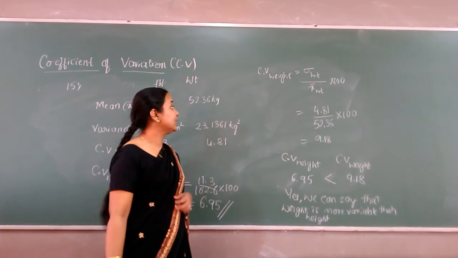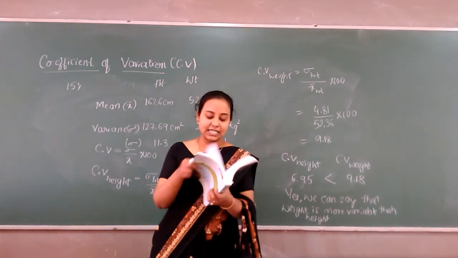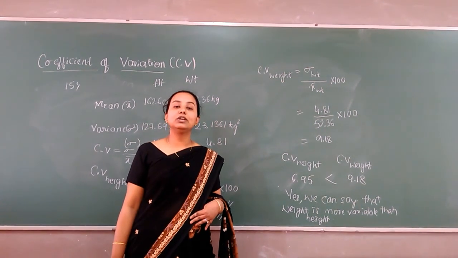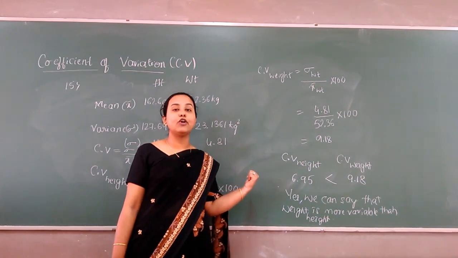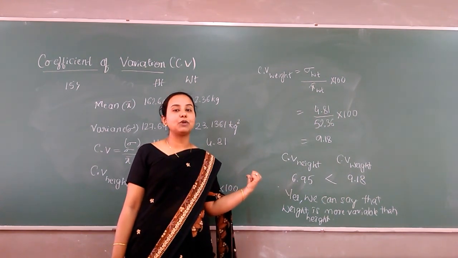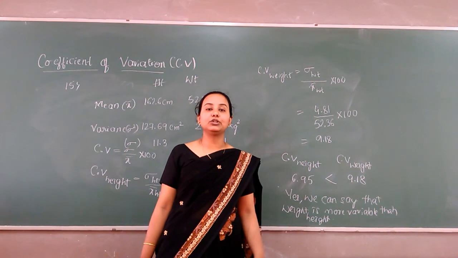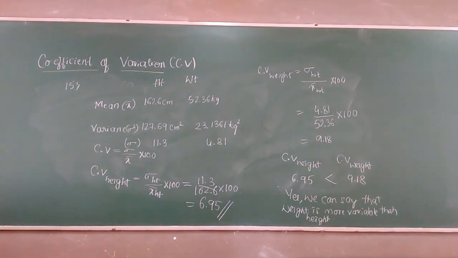I hope everyone is clear with this concept of coefficient of variation. In our next exercise, exercise 15.3, we will be completely studying the coefficient of variation, that is, again different kinds of using the CV formula. Here we have understood 3 problems; there we will understand more problems, and one problem will be different compared to the other. So this is all regarding coefficient of variation. Coefficient of variation is a tool which is used to analyze two frequency distributions. I hope everyone is clear with this.